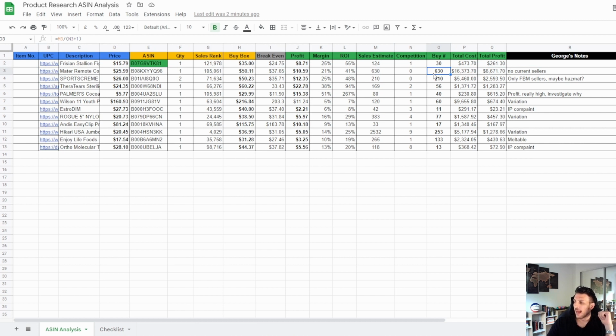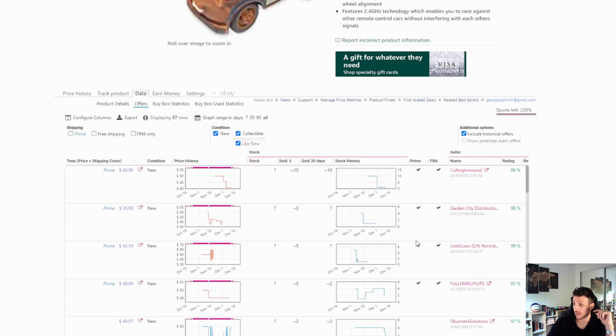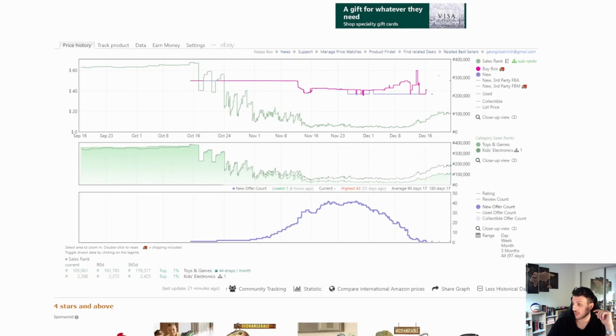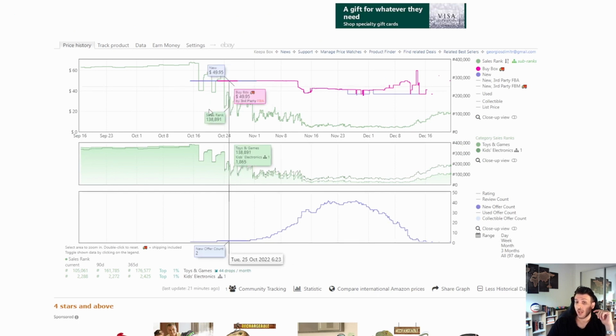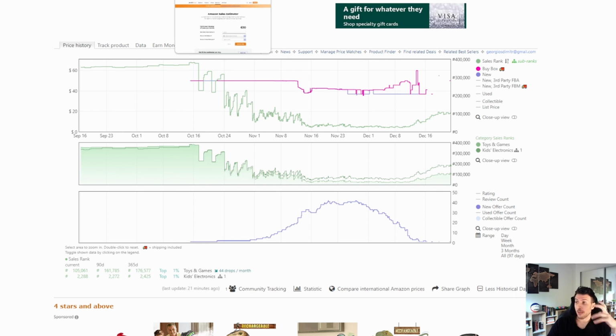Now, personally, I wouldn't buy more than 60 units of this. It's a 97-day-old product. It doesn't have much history, so it's only 97 days old. I wouldn't buy any more than 60 units of this. I'll test it out. I'll see how many units, when I'm in stock, actually sell out